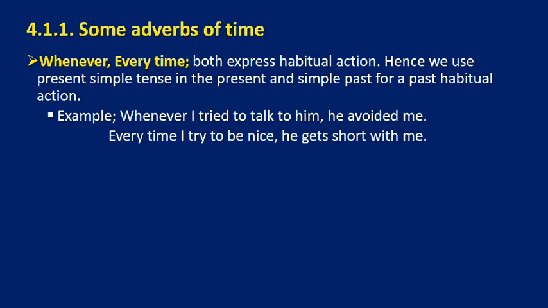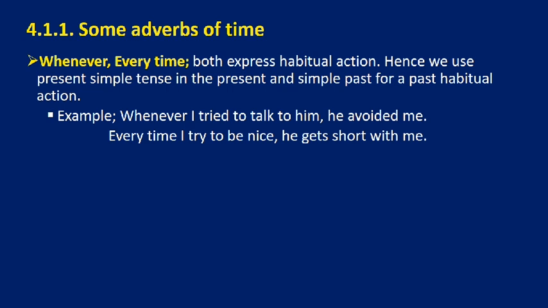So habitual action እስከሆነ ድረስ በአሁኑ ጊዜ እስካሁን ድረስ habit የሆነ ነገር ኤክስፕረስ ለማድረግ present simple tense እንጠቀማለን. ያን እስከ ቅርብ ጊዜ ድረስ ወይ ድሮ habit የነበረንን ነገር, habit የሆነን ነገር ብዙ ጊዜ occur እያደረገ የነበረን ነገር ለመግለጽ ደግሞ past